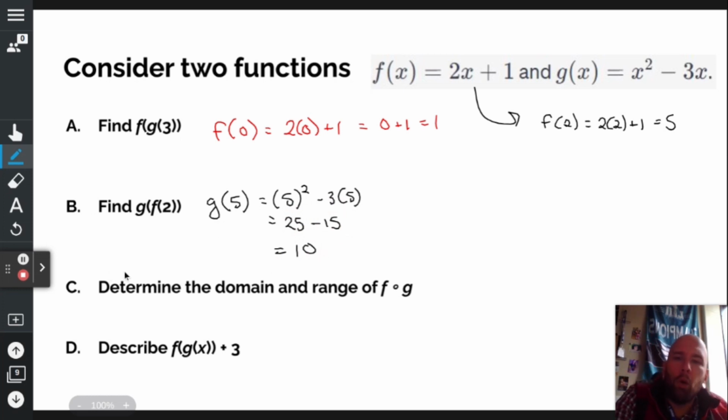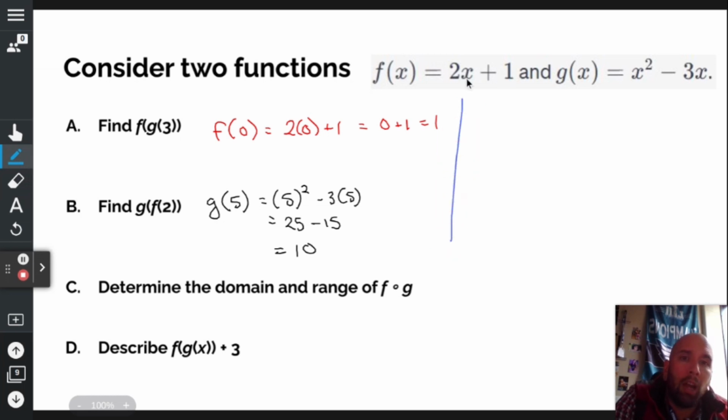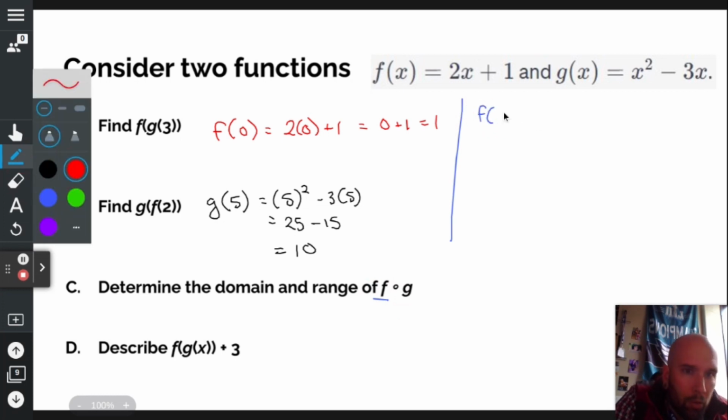Determine the domain and range of f of g of x. Well, that means I have to find f of g of x. Now, the way I find f of g of x without plugging in a number is I start out with f, and then I replace every x with g of x. So f of g of x is going to be